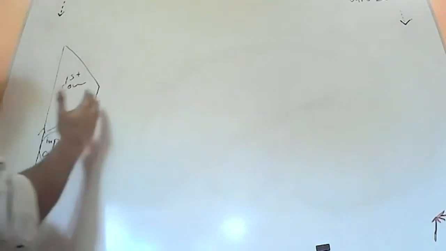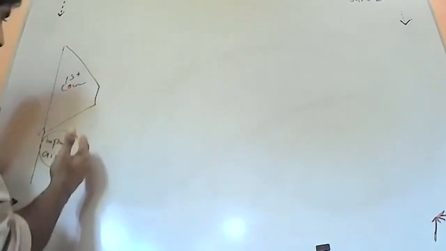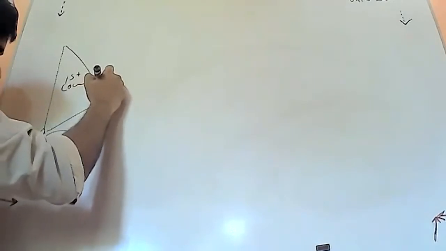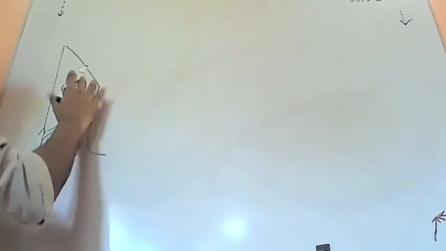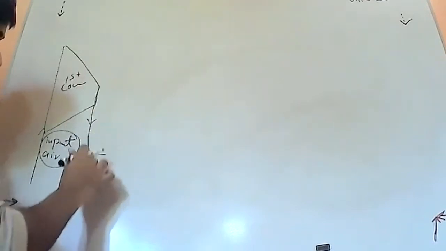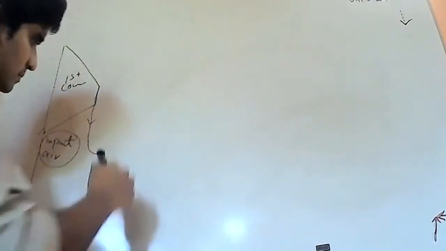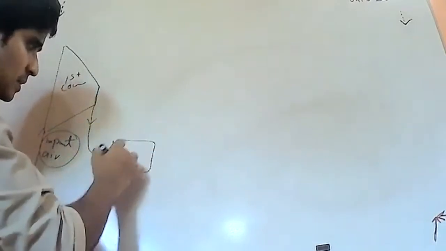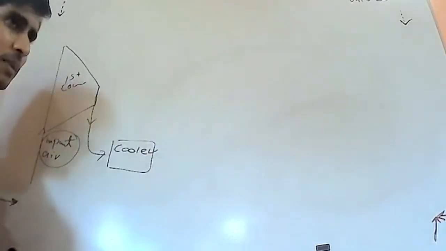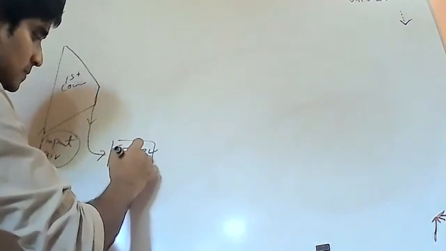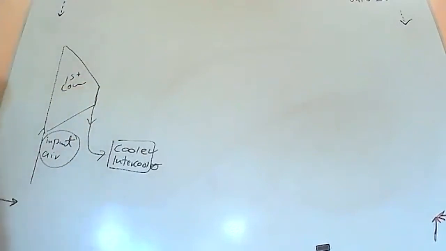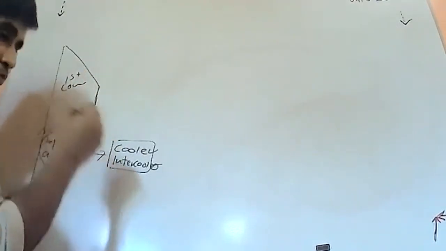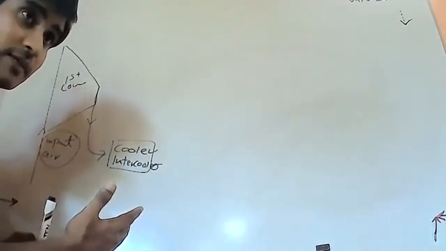Okay, so now the volume is compressed. After compressing, from here we get the compressed output. We give input to the compressor, then it compresses, then from here we get the output. Then this output we are going to cool down. You can just simply say cooler, but it's better to say intercooler. Intercooler. Okay, right. So after cooling the output from the first compressor, we are going to give that to the second compressor.